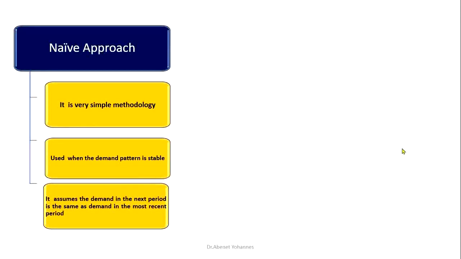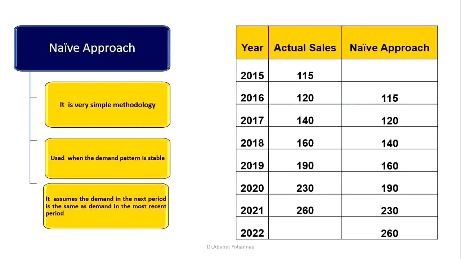የመጀመሪያው ናይቭ አፕሮች ነው። It is a very simple methodology used when the demand pattern is stable። እስቲ በኤግዛምፕል እንደምታዩት ከ2015 እስከ 2021 እነዚህ አክቹዋል ሴልስ አግኝተናል። ስለዚህ ናይቭ አፕሮችን ከተጠቀመ ምንድነው የምናደርገው? ይሄ የ2015 አክቹዋል ዲማንድ ለማን ይመጣል ማለት ነው? 2016 እንወስዳለን። It assumes that the demand in the next period is the same as demand in the most recent